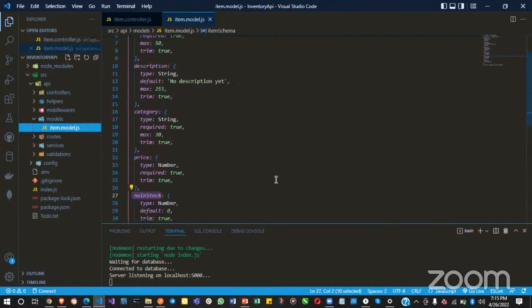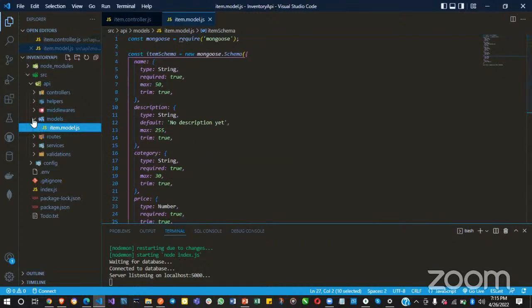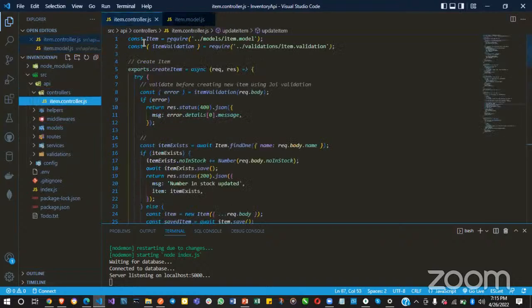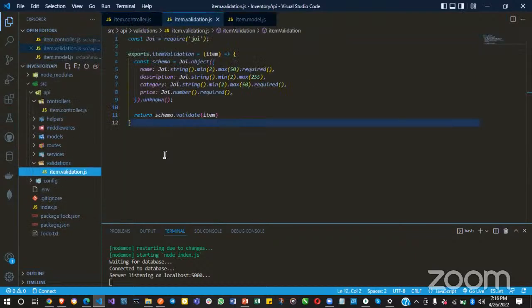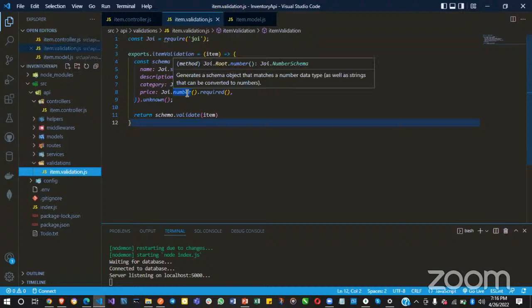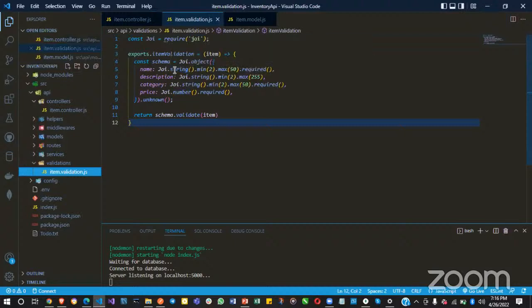And it's been exported. And from the controller, we are importing that model from the controller. We also have validations, as we saw in our last class. We used Joi, which is a package that we installed. So we used Joi to create a validation, and the validation here is checking that whatever it is passed in